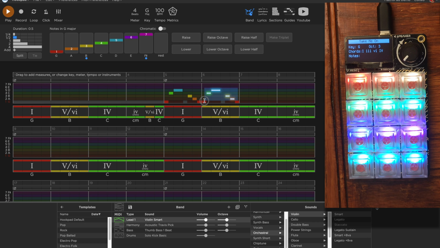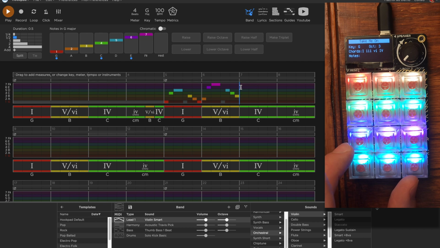Copy and paste this over. I'm just going to bump that up a few degrees. And this is where HookPad really seems to excel, is that it helps you see when you're doing these small tweaks how you're altering things just a few degrees at a time. At the very top, you can see it's automatically highlighting what's in my scale. And that way I can build a melody that's pretty congruent with the harmony.